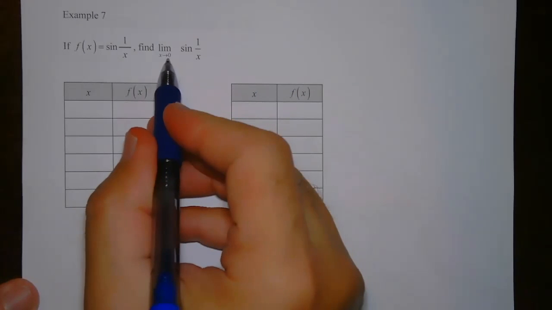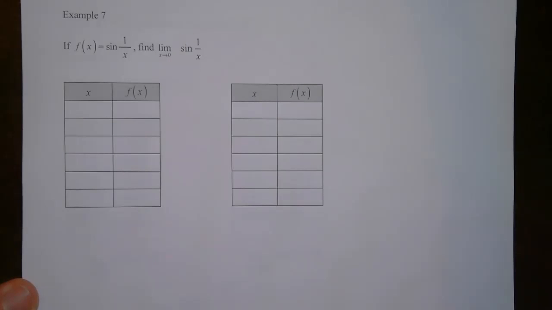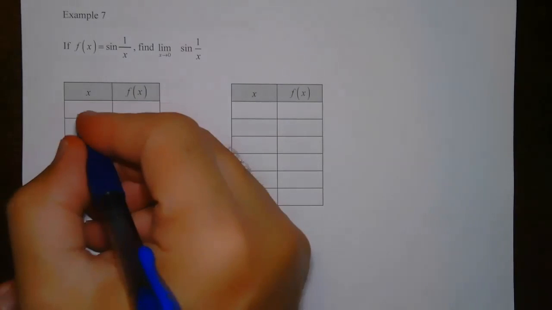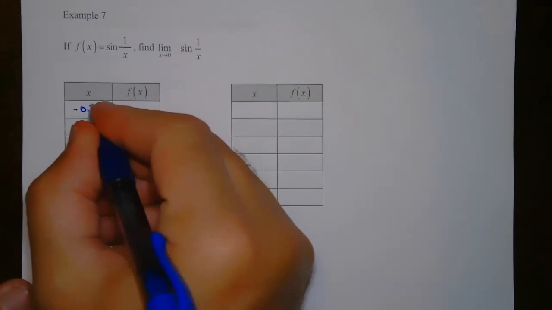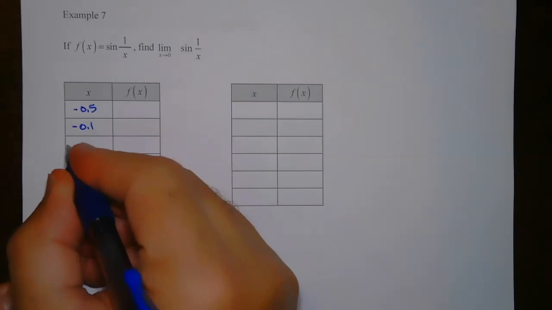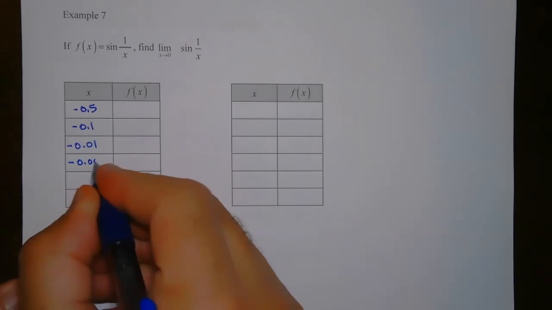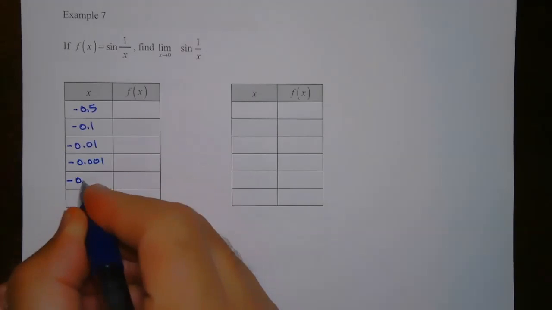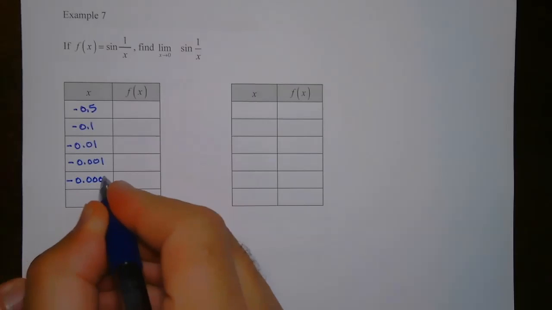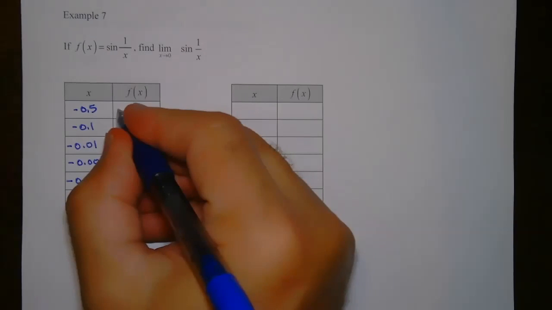So we want to be to the left of this. So that'd be 0, you could do it like I just did, 0 minus 0.5, right? So that put you at negative 0.5. And then negative 0.1, and then negative 0.01, and then negative 0.001, and negative 0.0001. Okay? And so we're going to type those in and see what we get. So negative 0.5, and you get negative